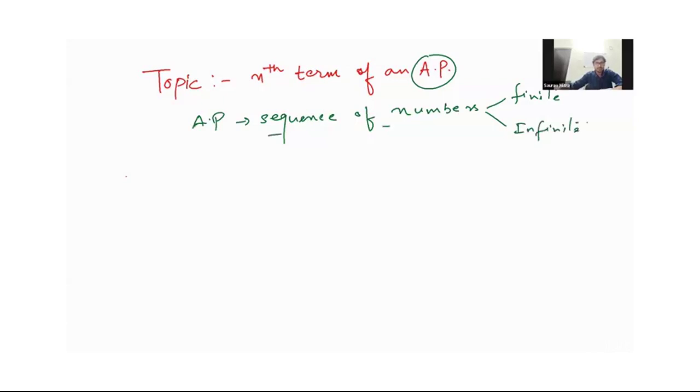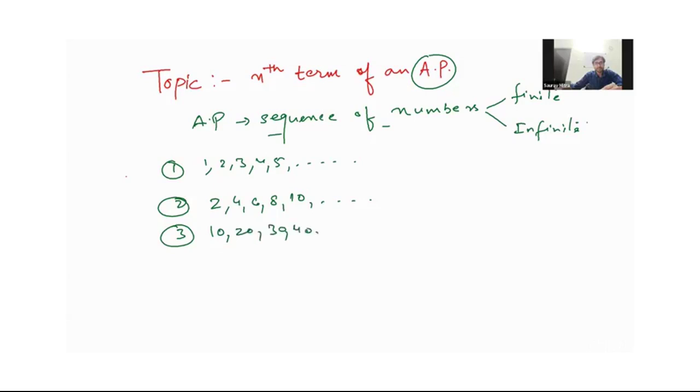Since it is a sequence of numbers, it will look like 1, 2, 3, 4, 5, and so on. This is a sequence of consecutive numbers. This is a sequence like 2, 4, 6, 8, 10, a sequence of even numbers. This is also a sequence: 10, 20, 30, 40, 50, and so on, multiples of 10. So these are all sequences. And from the point of view of AP, a sequence is said to be an AP